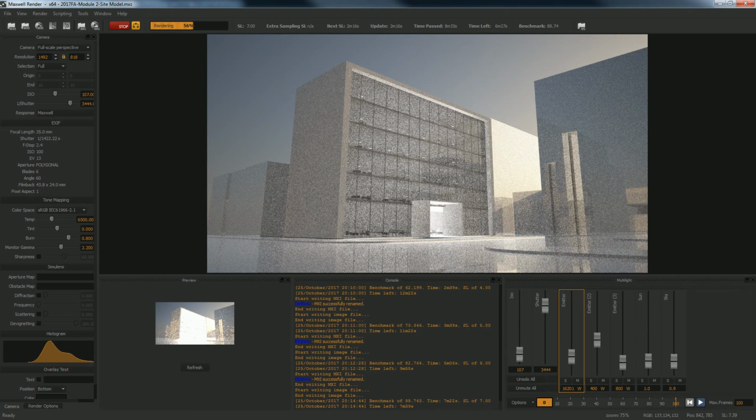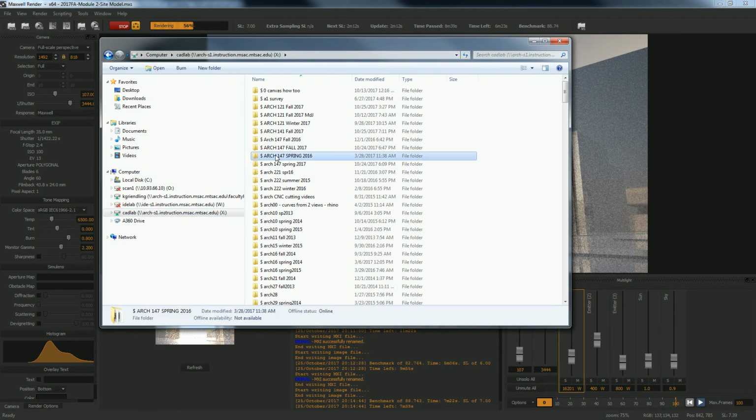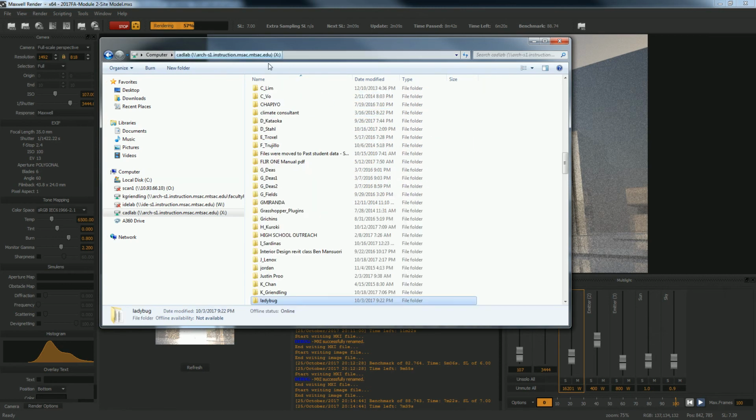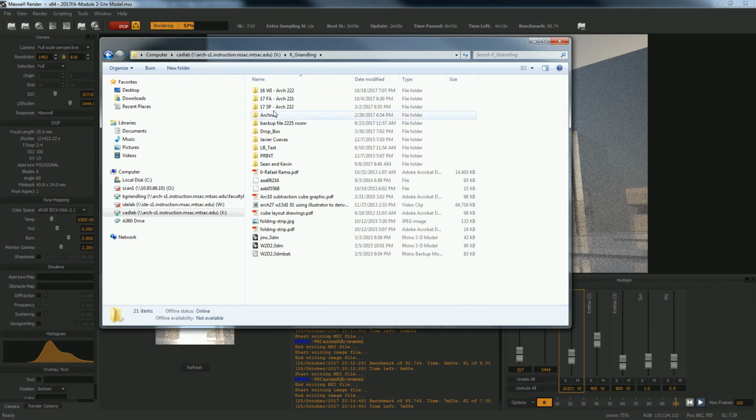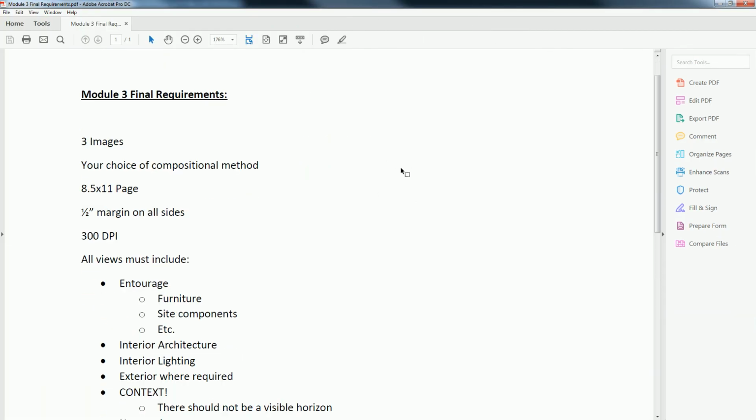So what I dropped in the folder is, let me find it real quick. Under Module 3, you'll see the Module 3 final requirements. This just outlines what I want you to focus on and what I want you to make sure you have. So just like what you see on the left, like this one right here,